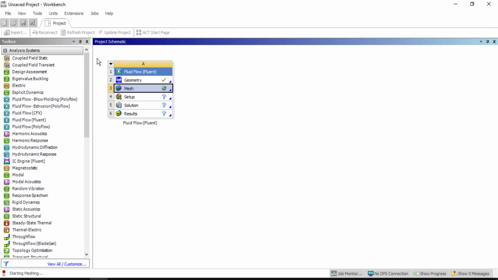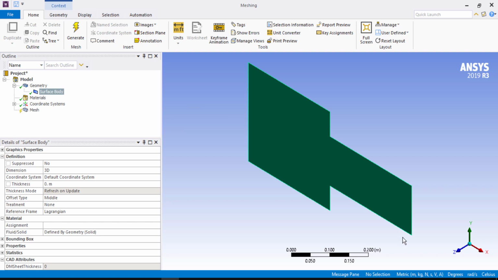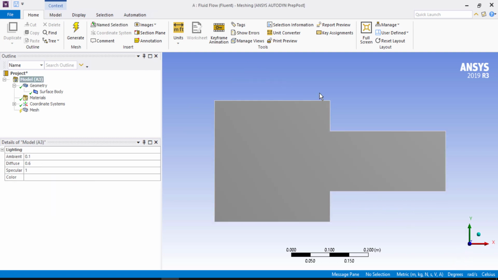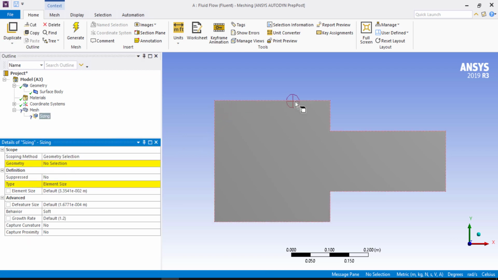Close this window. It's opening as you see here, and wait a moment to update like this. Just click on Z. We need to make some elements for edges, so we need to select, right click on mesh and insert sizing. We need sizing by edges, so make sure your selection cursor is for